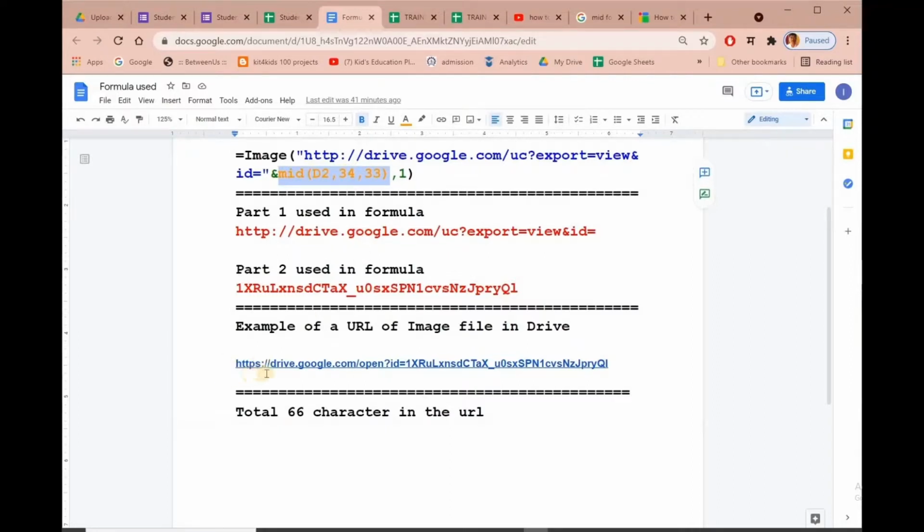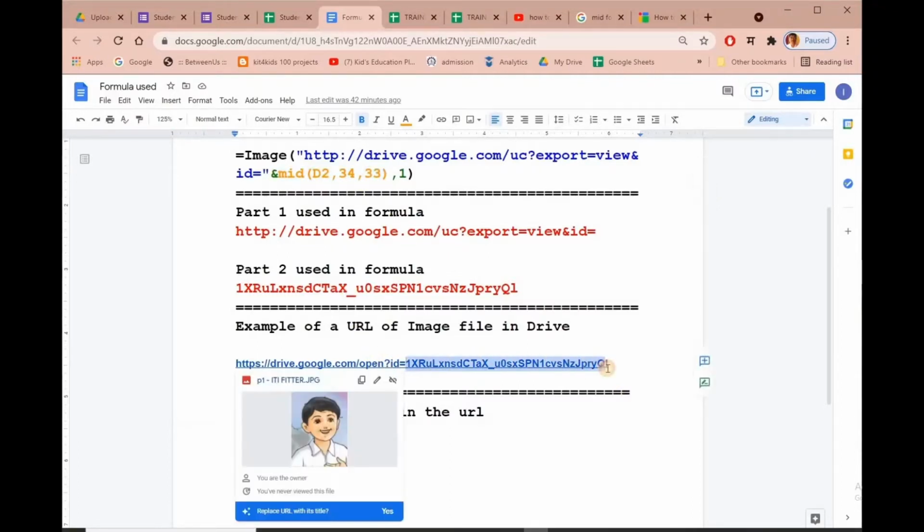So if we count 1 2 3, after the equal sign, 1 is there, and it is at 34. It is from the beginning, it is at 34, and this last text is at 66. And if you count from this 1 to I, it is total 33 characters. So by this formula we are extracting from here to here. We are extracting the ID of the file.